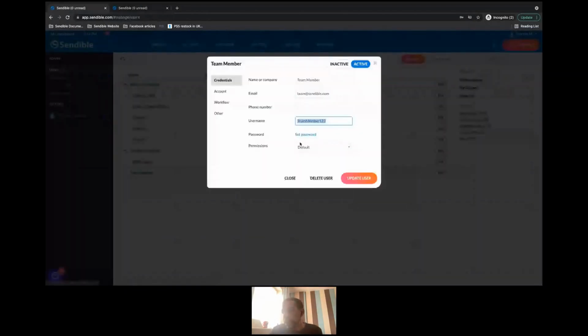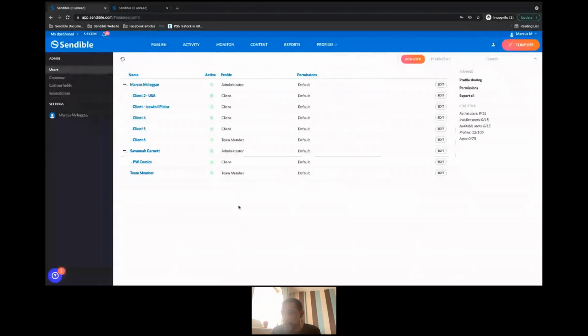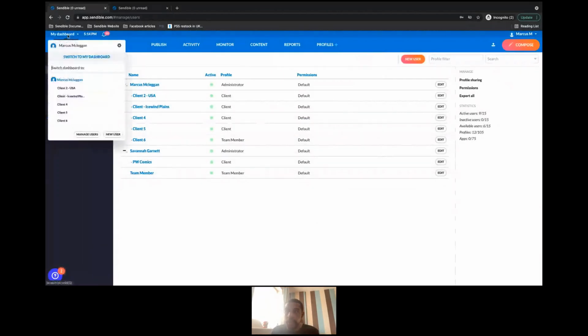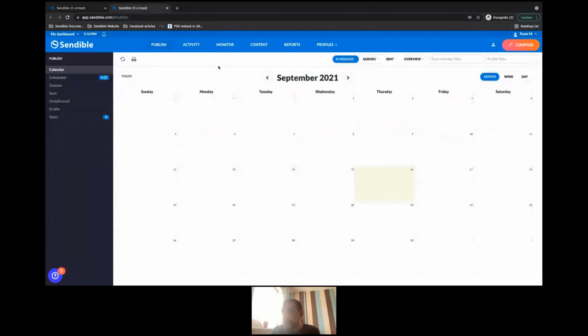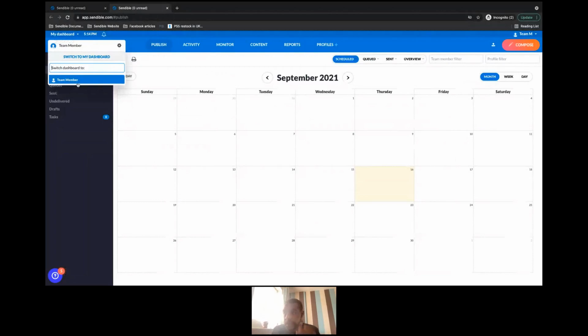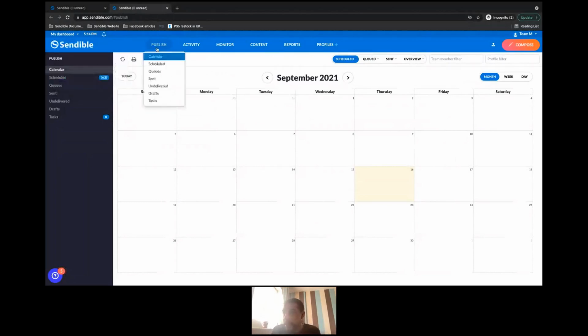That should work. Perfect. Okay, so remember, if we just take a look back, team member is a team member and is sitting outside of any hierarchy, okay? So really, I expect him not to be able to navigate between any dashboards. So you see, I only have access to my dashboard, okay? Because I'm not part of any hierarchy and I don't have access to any other dashboards as yet. And you can see I've got access to all of my verticals at the top.